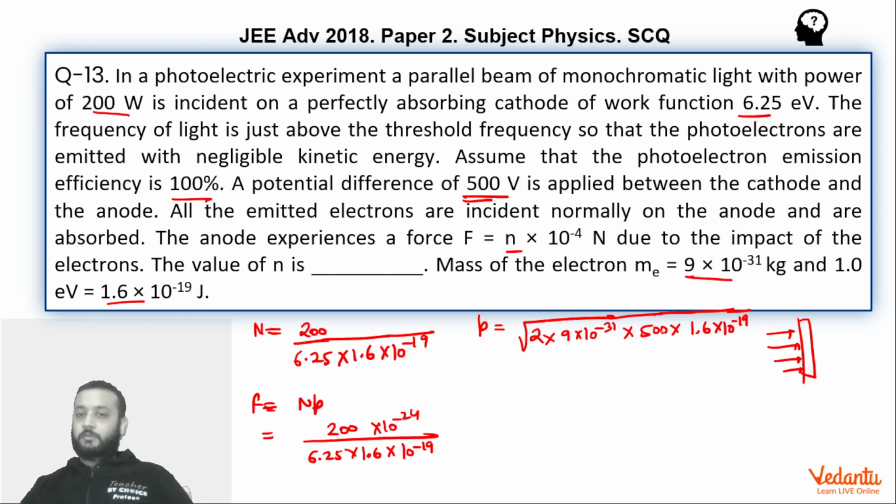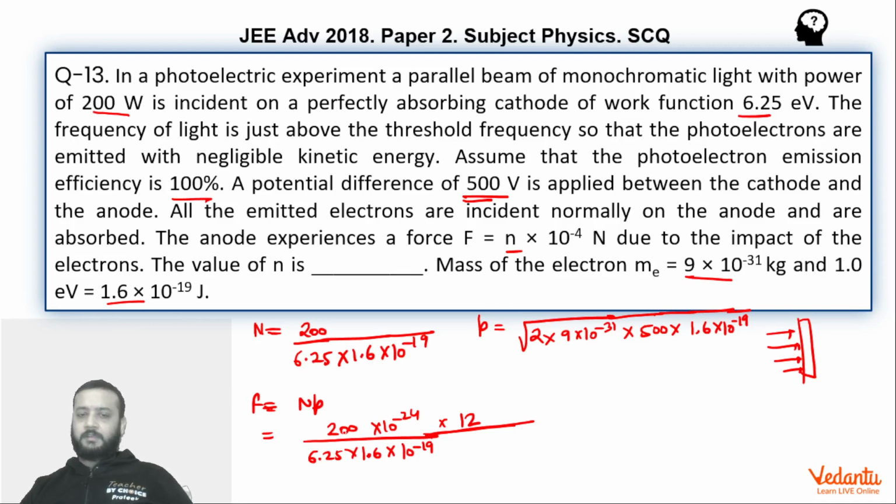So in 500 into 2000, so from 1000 we have taken out 100 and clubbed it with these two. So 10 is remaining. So that 10 will make this as 16. So 16 into 9 is remaining. Everything else has gone. So 16 into 9 is under the root. So coming out of the root, that will become 4 into 3, that is 12. Okay. Now you can see this is fairly easy.